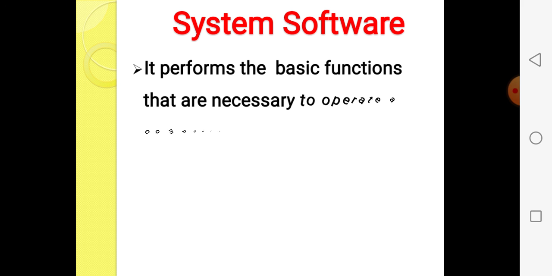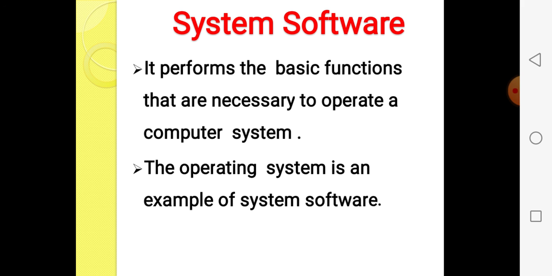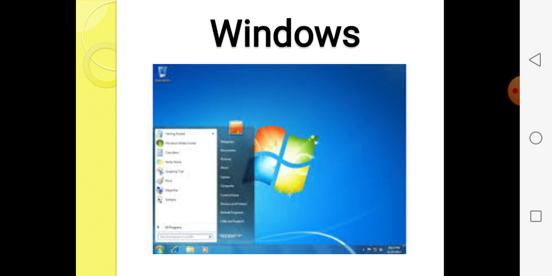It performs the basic functions that are necessary to operate a computer system. Each operating system is an example of system software. Operating system we can also say OS. Examples are Windows 7, 8, 10, XP. So these different Windows are operating systems.